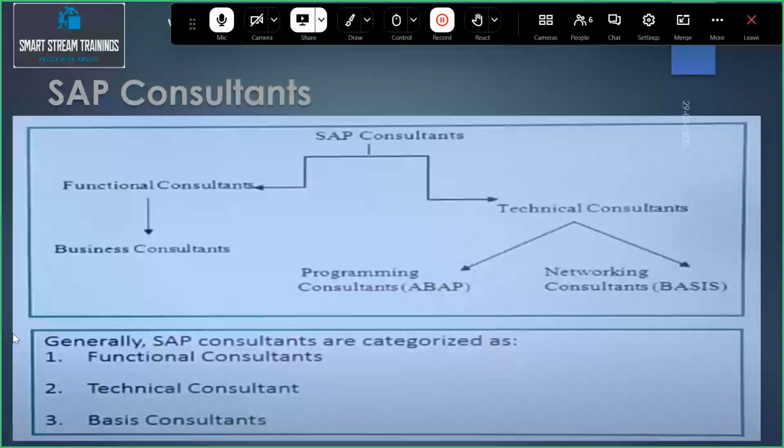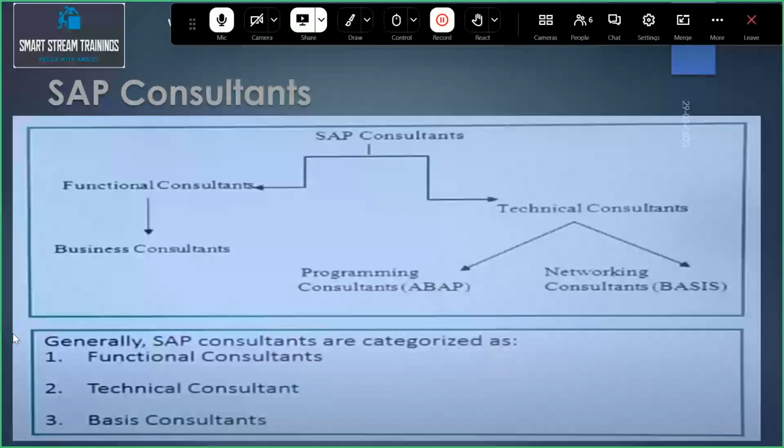After completion of the course, after getting your job, what is your designation? Our SAP-related designation is called consultant. We are also developers, but in SAP terminology our designation is consultant. What kind of consultant?